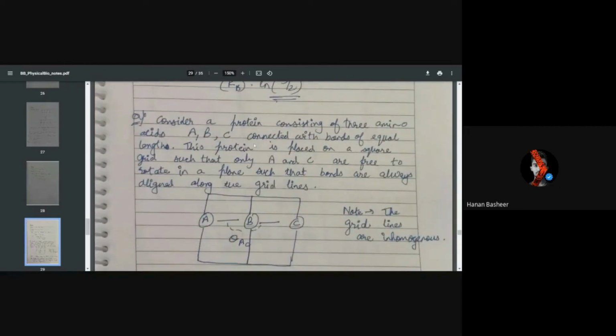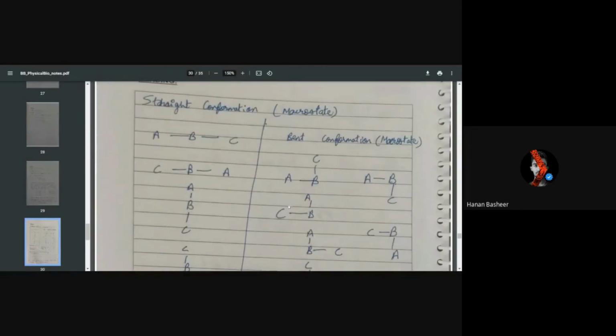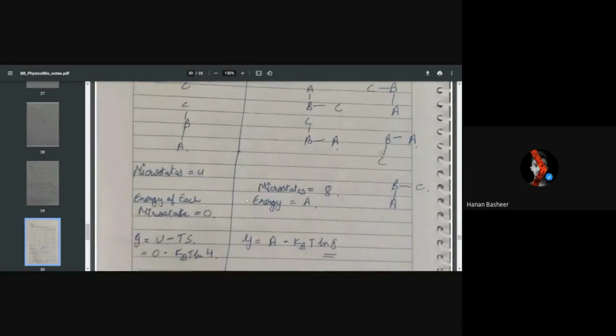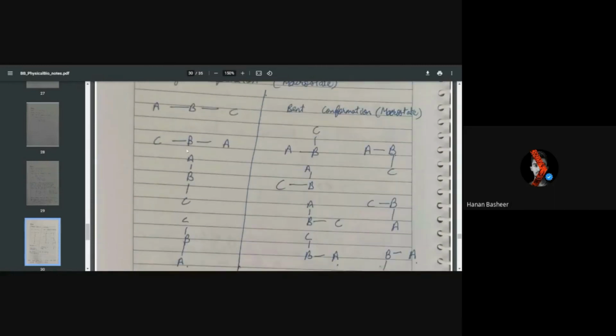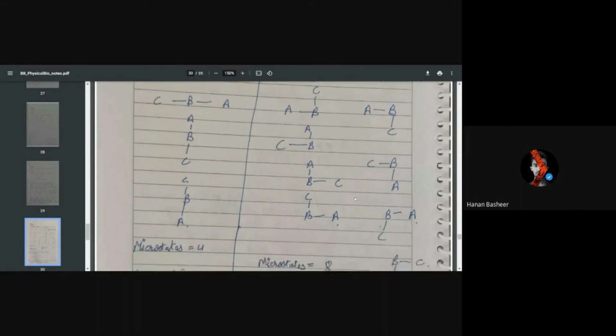Then there's the question of a protein of ABC conformation. Now it is given that the angle theta can be either 90 or 180. So we have to determine which conformation will be favored. Here this is 180 degrees, this is 180, and this is 180, and this is 180. So we can observe a total of 4 states are possible if this is an imaginary box. We know that these all are the same, but in a box these are different states because they are pointing towards different directions. And these are the 90-degree states.